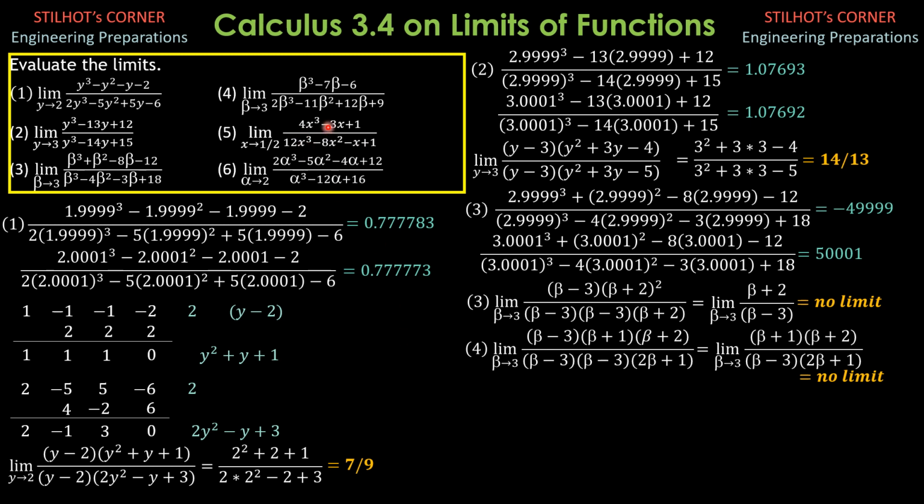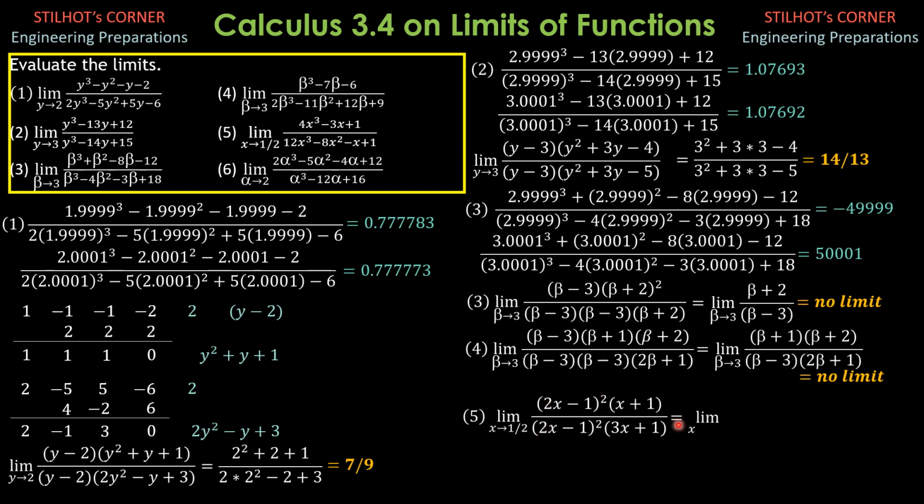So factor the numerator and the denominator by the synthetic division approach and show that the factors are, so we have the limit as x approaches 1/2 of 2x minus 1 squared times x plus 1 over 2x minus 1 squared times 3x plus 1. So we can cancel 2x minus 1, which will make the denominator zero, almost 0. So as x approaches 1/2, the factor is x minus 1/2 or 2x minus 1.